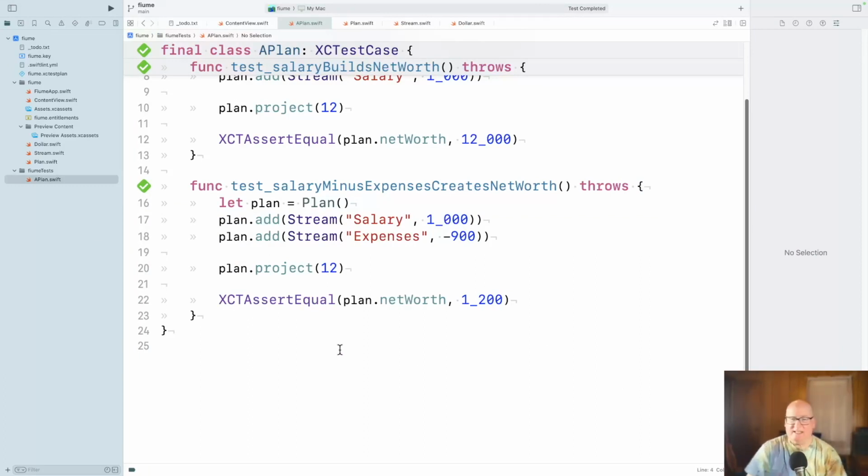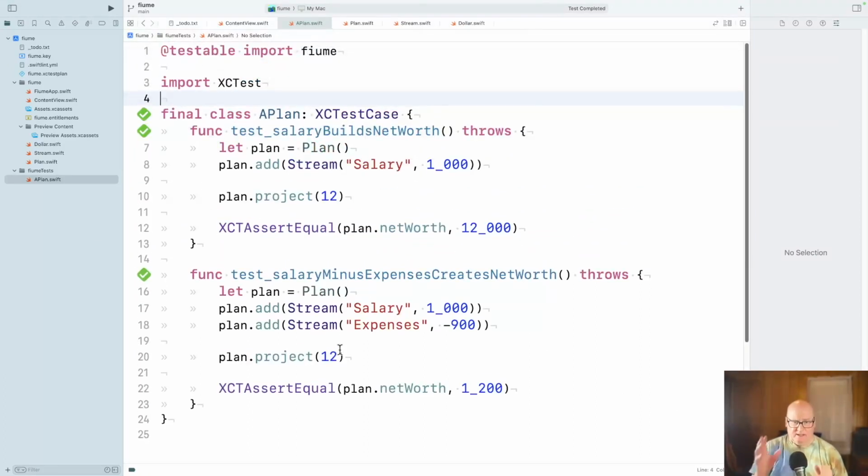Yeah, I guess what I want to say is, the goal of doing this is I want to see the effect on net worth of doing something. So if I were to add in something that reduced expenses by $100 a month, do I get $1,200?